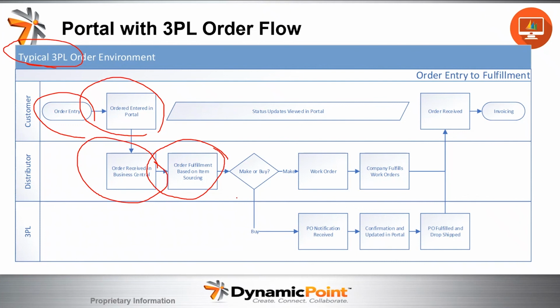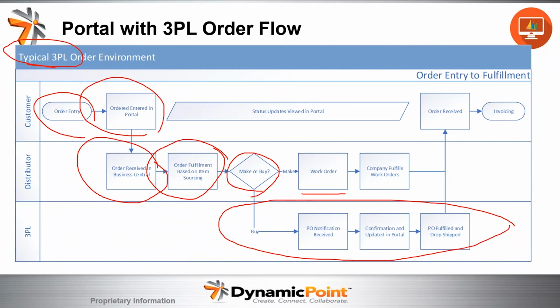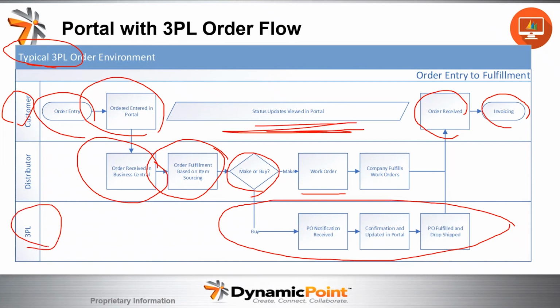By them entering it in the portal, it's really already created in Business Central. They decided on how they were going to fulfill this, whether or not it was going to be made or purchased. If it was, of course, made, they created a work order associated to it. The company fulfilled it. If it was bought, then this communication now became a vendor portal, right? So here we have a customer portal communicating the order status, the invoicing, and all the updates of where the order is in the life cycle of the production. And here we had a vendor portal that was communicating the orders and allowing vendors to update things like the expected delivery date.